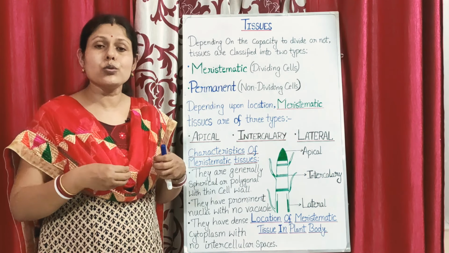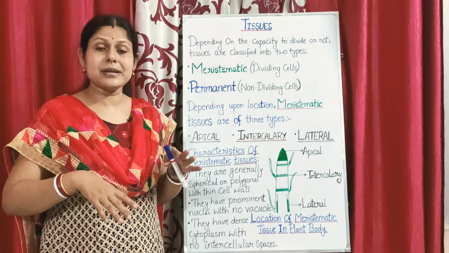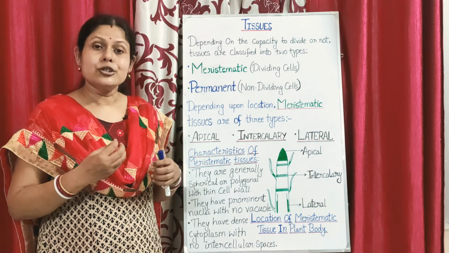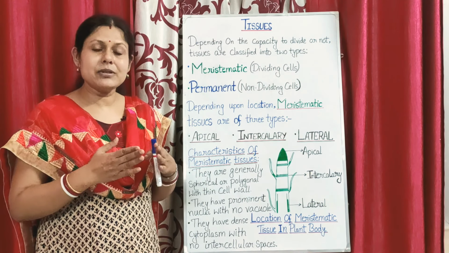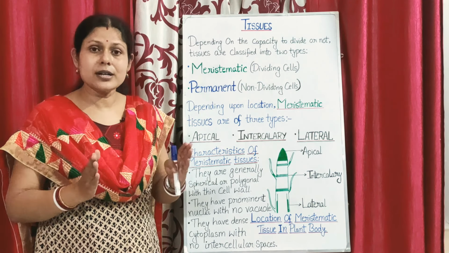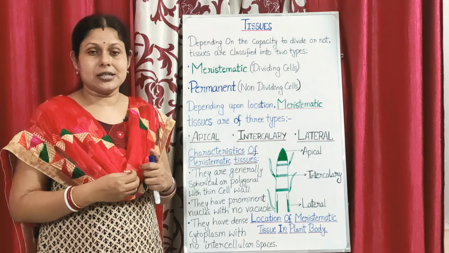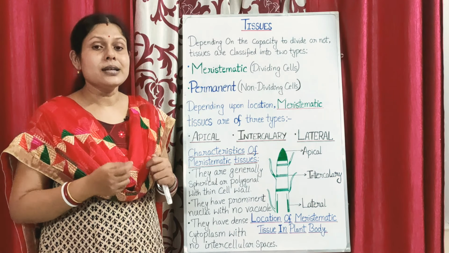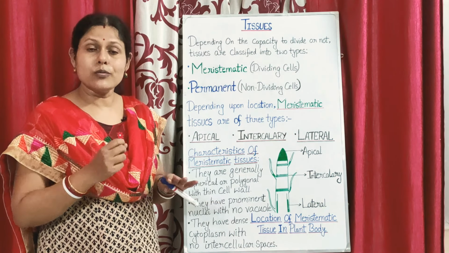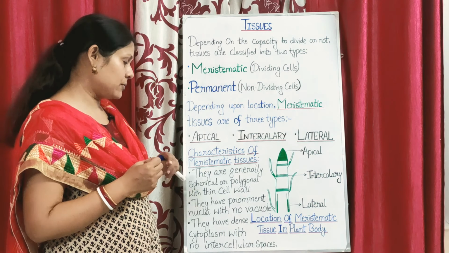Whatever glucose is prepared and transported to the meristematic regions of the plant's body, they will utilize it to release ATP, and that ATP will be utilized for division, because division is a kind of work, and any kind of work needs energy. So that is the reason why they have no vacuoles at all, and they have a prominent nucleus.